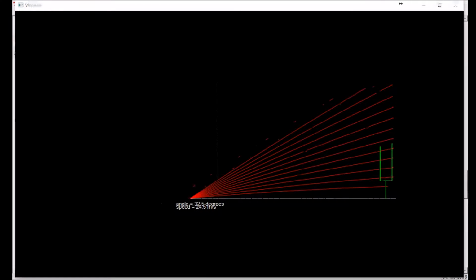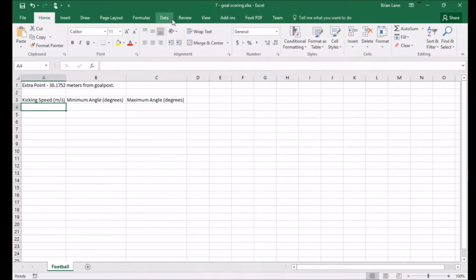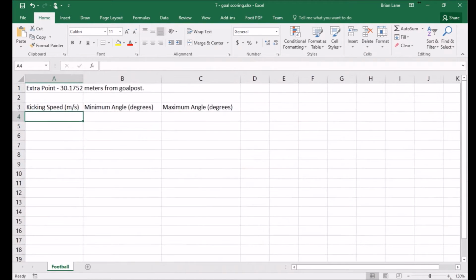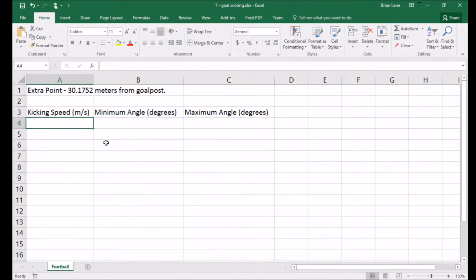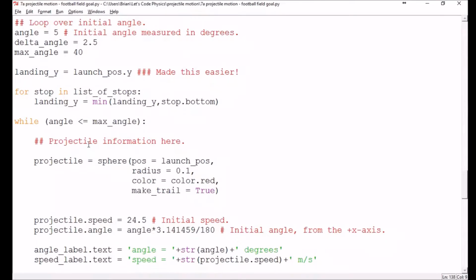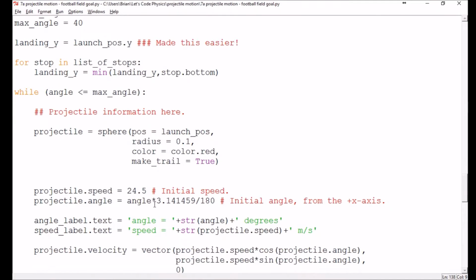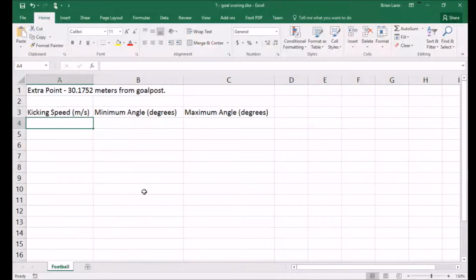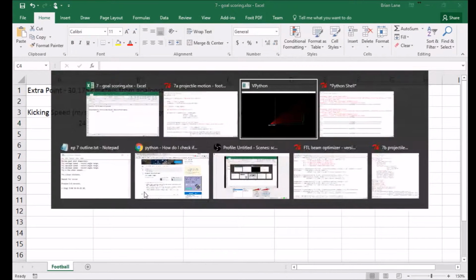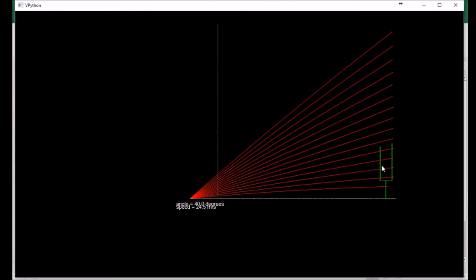And what I've done is I've started a spreadsheet for us to keep track. Let me zoom this in for y'all. I've started a spreadsheet for us to keep track of the minimum angle and the maximum angle based on the kicking speed. So let's see, our current kicking speed is 24.5. Our minimum angle was 7.5, and our maximum angle to make it is, so let's see here,